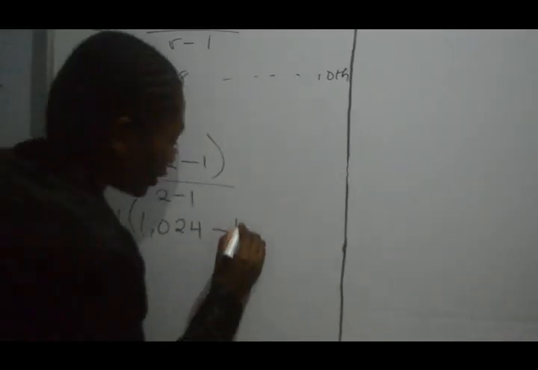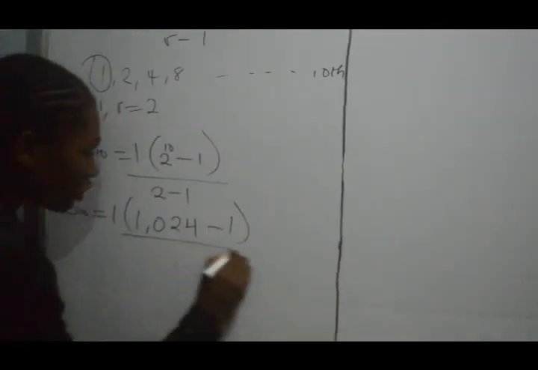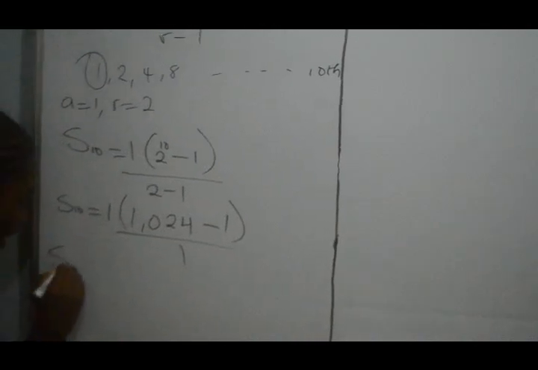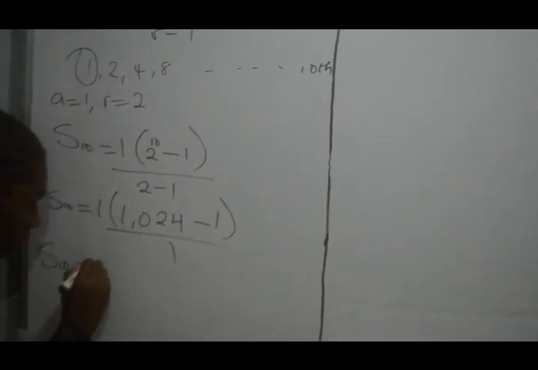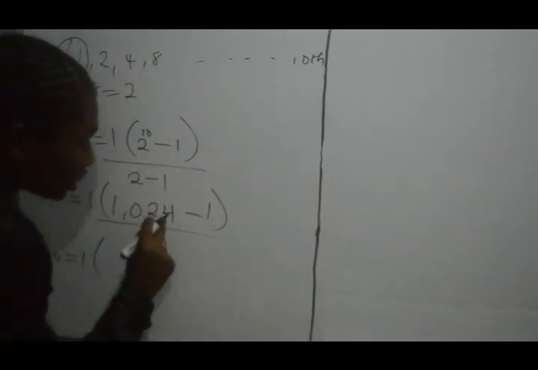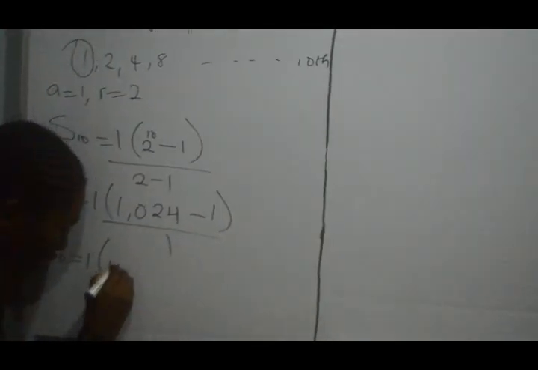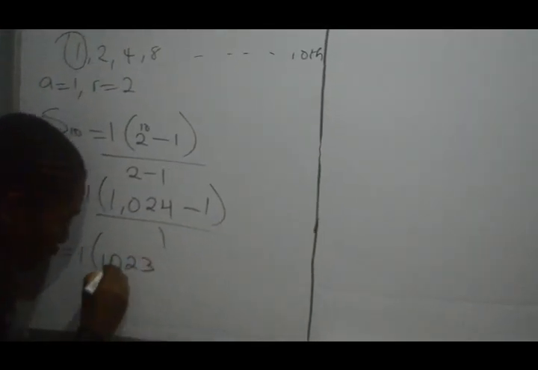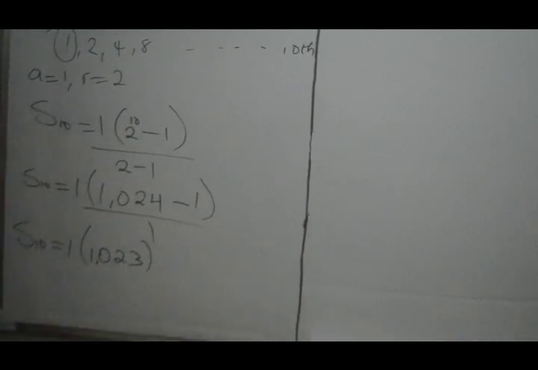We have 1024 minus 1, over 2 minus 1, which gives us 1. Anything over 1 is that thing. So our S, the sum of the 10th term, 1024 minus 1 gives us 1023. Over 1 is nothing, so there's no need for that again. So the sum of our 10th term, 1 times this, will give us